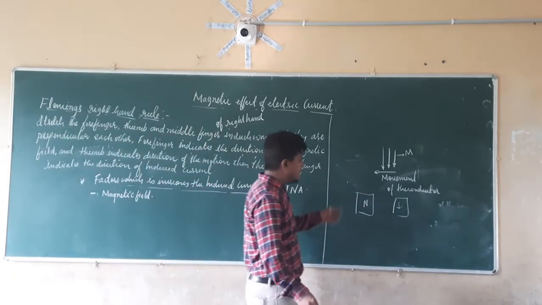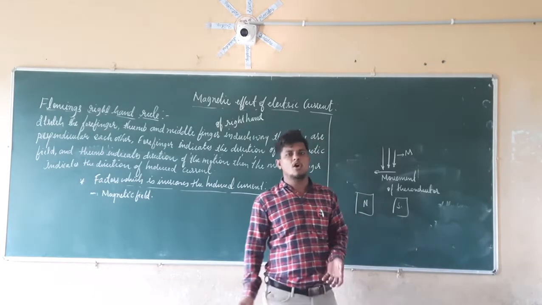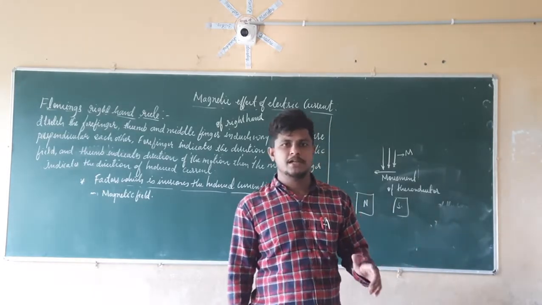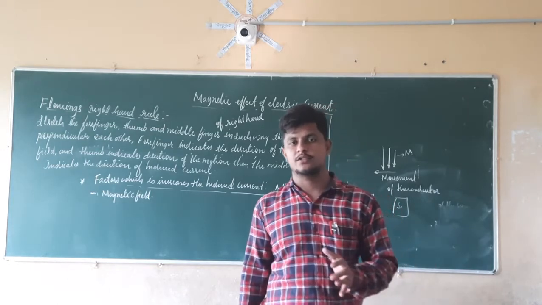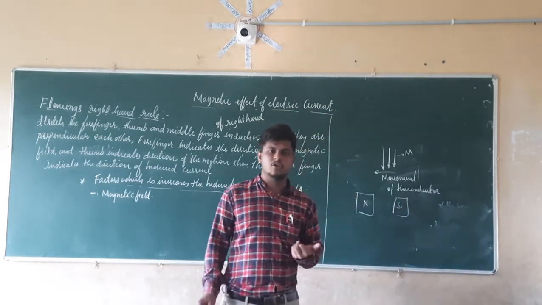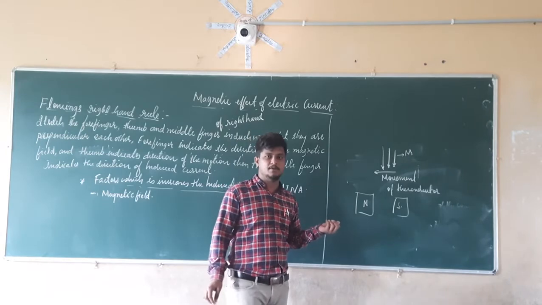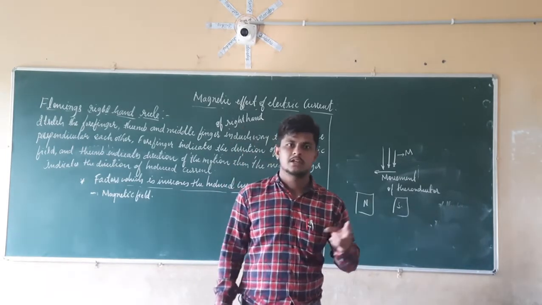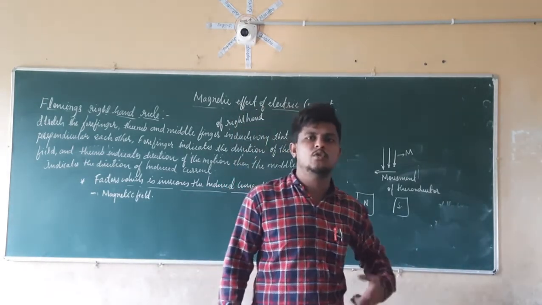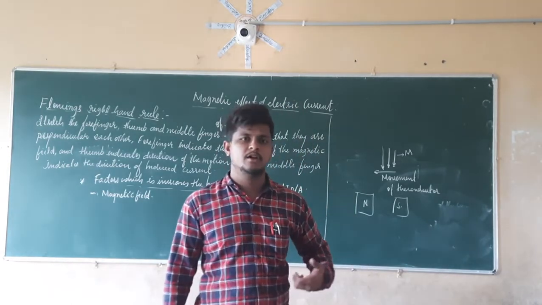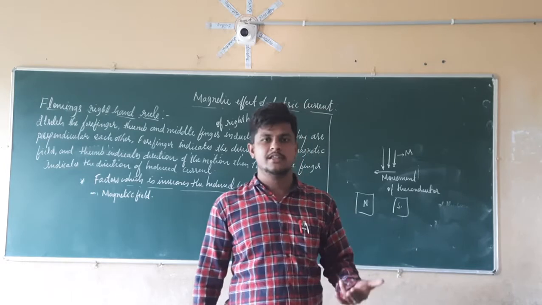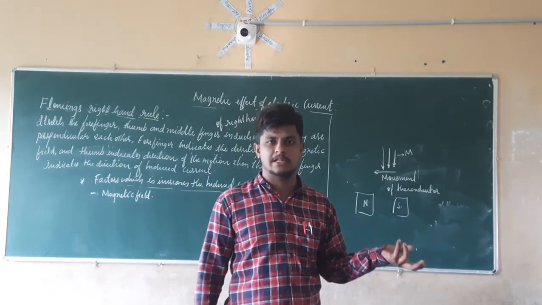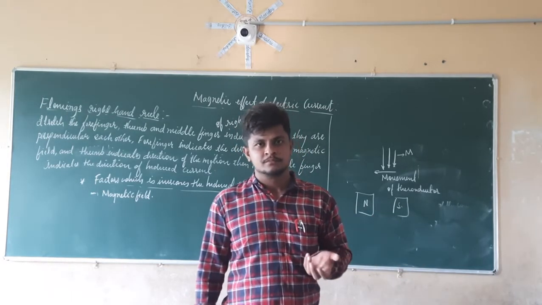If we are taking magnets, we take strong magnets to increase the magnetic field, so that we increase the electric current induced. Or if we are taking the electromagnetic field, remember the example where we use two coils. One current carrying coil produces the magnetic field. Because of that magnetic field, it induces the current in the second coil. So either way, we are going to induce the current here.